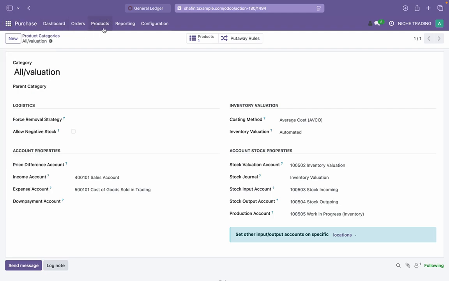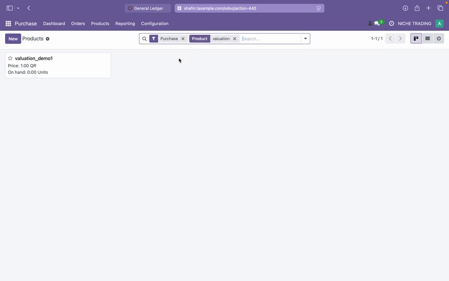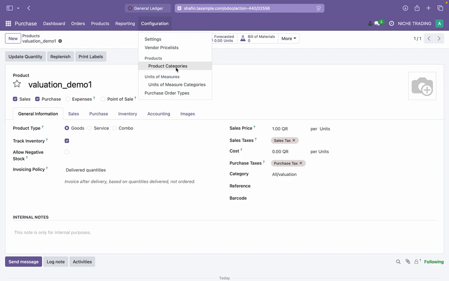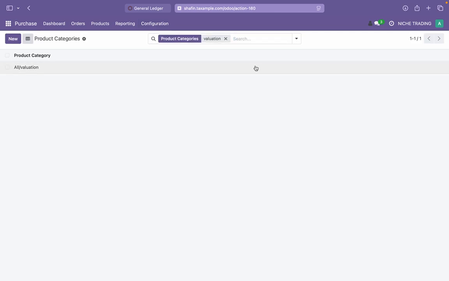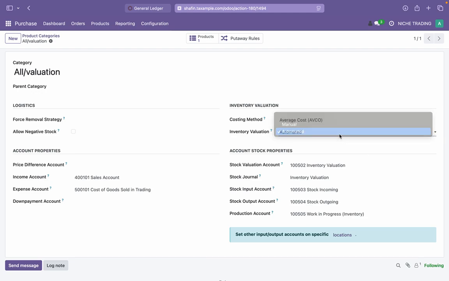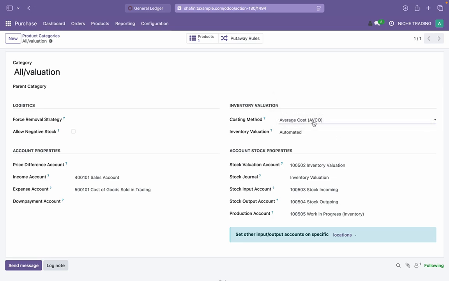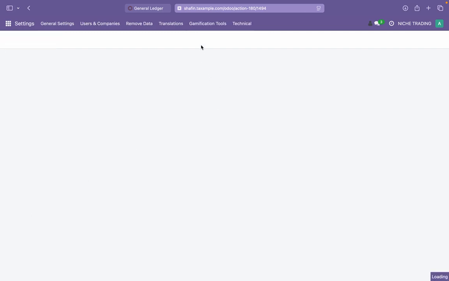So we just discovered two things. One, we need a product which has a specific category, and that category defines if the valuation for that category will be calculated on an automated basis or manual basis. The costing method is also here, so you can select between standard, first in first out, or average cost. So that's one. Number two is the Anglo-Saxon versus